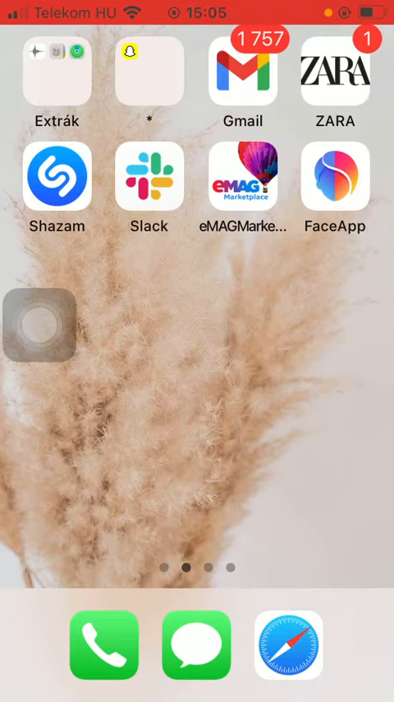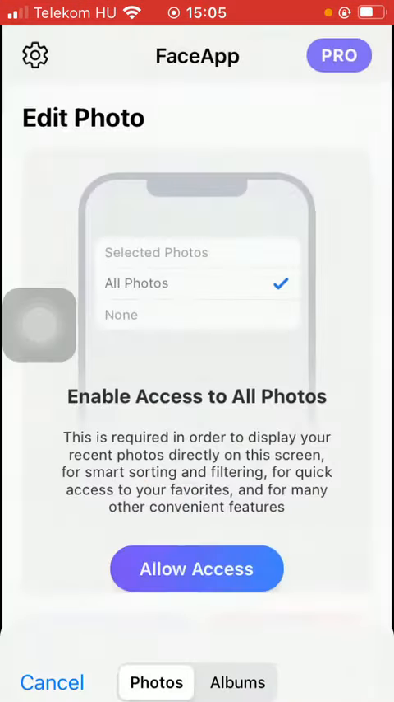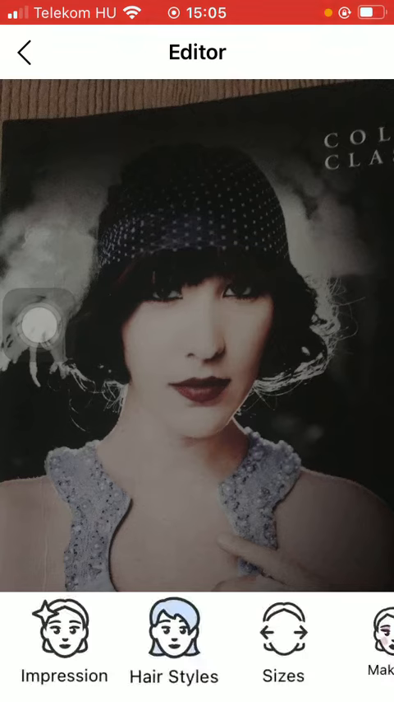First of all, open the application on your phone. Tap on the gallery button down below and select a picture that you want to edit. After that, you should